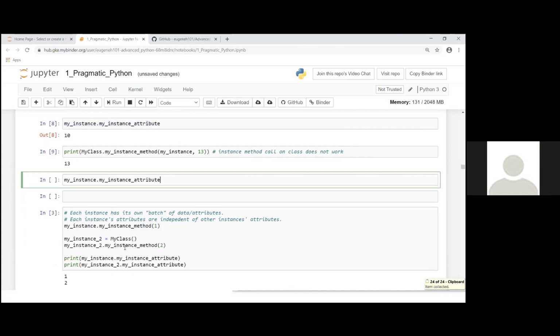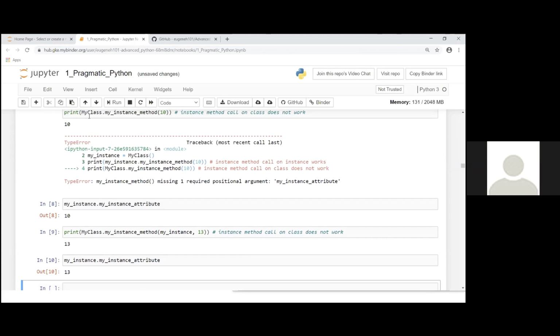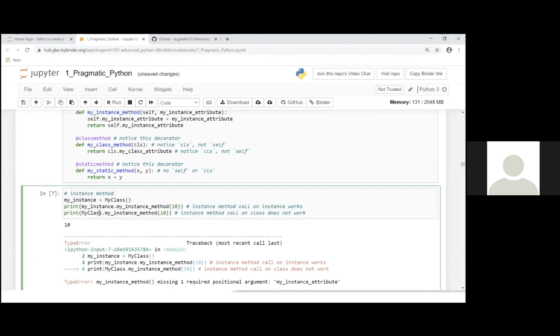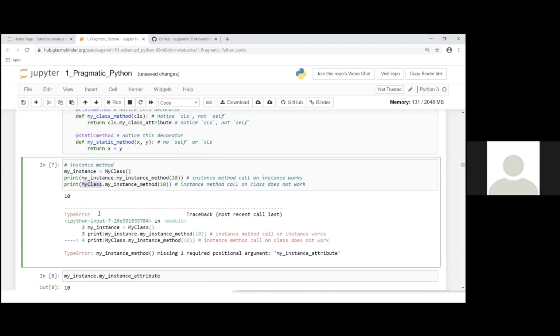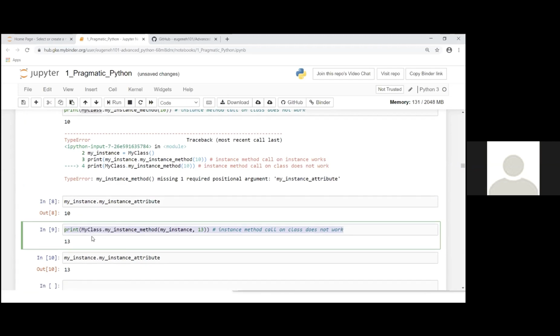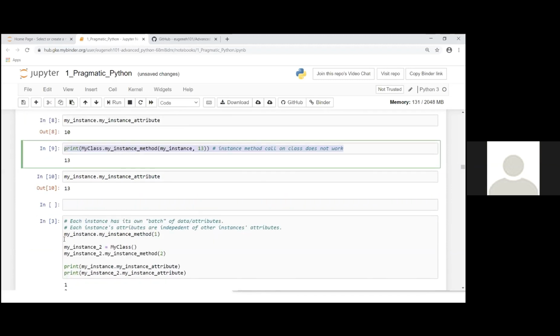So when you call a method, the first argument is self, which is the object itself, and then whatever other arguments there are. If you wanted to call the instance method from the class itself, you actually can do that, and it would look like this. That's a cool trick that most people aren't aware of: it's possible to use an instance method called at the class level where you pass in the instance itself. But you can just call it the instance method.